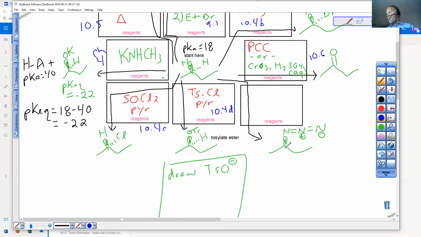For example, if I react, I didn't draw my TsO minus. Just an aside here, that carbon has a good leaving group. If I use a polar aprotic solvent,